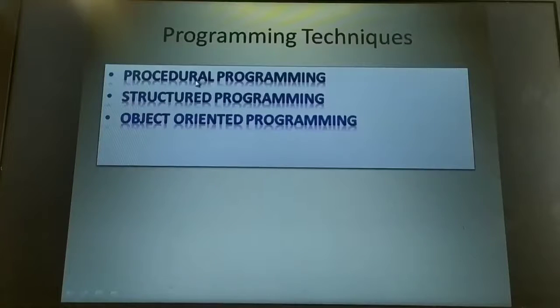As I said in the example, a single program has to perform 5 different tasks, which means they were always concentrating on the procedure rather than on the data. When you are following the procedure, obviously the length of the program would grow. Even in real life, if you go according to the rules and regulations, when you start working, obviously there would be a delay, right? The same was the case with procedural programming. They mainly concentrated on the procedures or the algorithms. That made the programs very much lengthier.